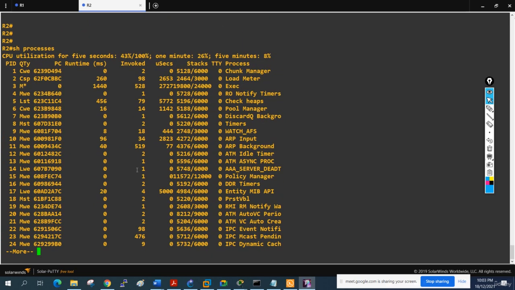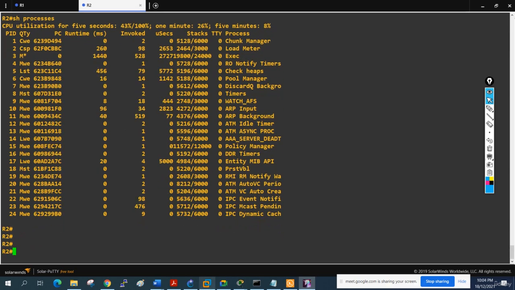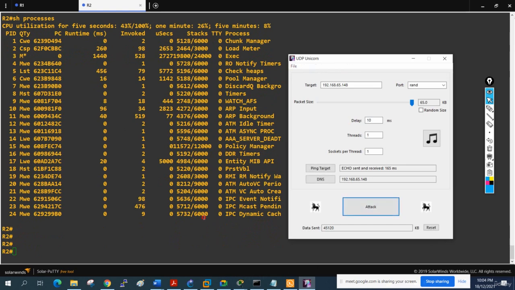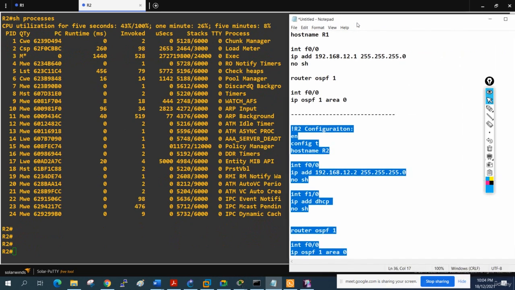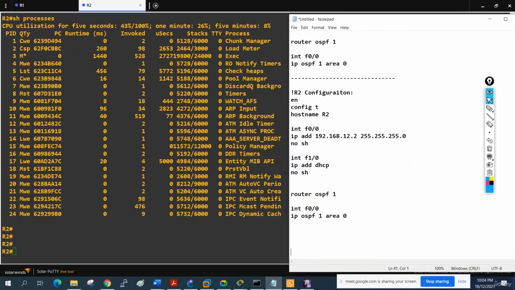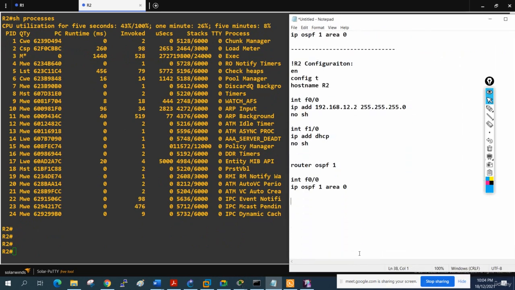We can protect by using the COPP, that is control plane policing. So what I can do here, I can stop the attacker now, and let's do the policy here. So let me write here, I will go in the R2 and we will write the configuration for the COPP. Okay, control plane policy. So let me write here the heading. This one is a control plane policy